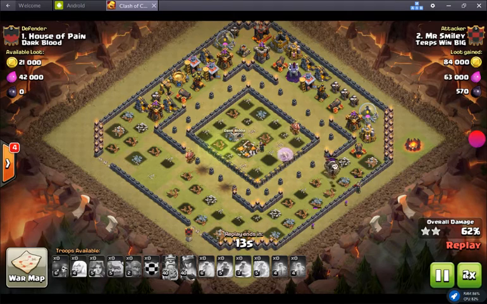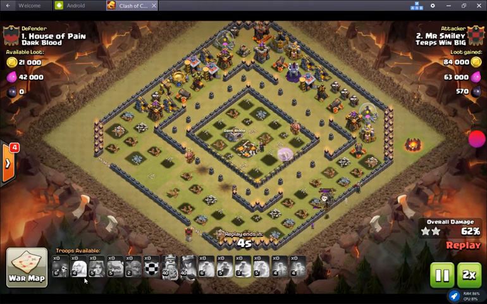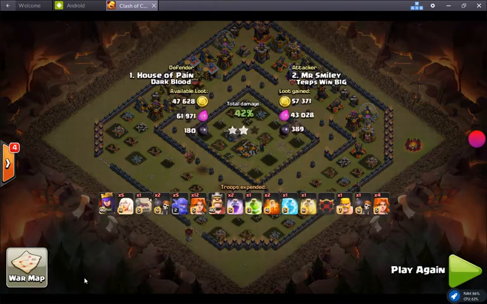So lots of potential. I'm gonna keep trying out tweaks to this strategy, but wanted to go ahead and show it for those of you who've been having funneling problems with Mass Valk and also looking for ways to incorporate bowlers into your attacks. So until